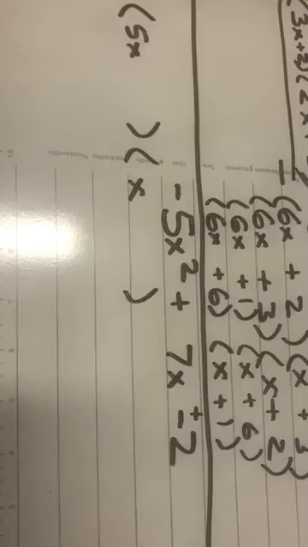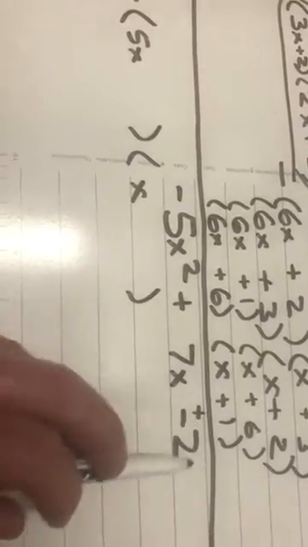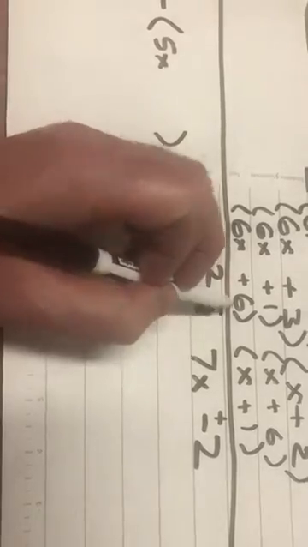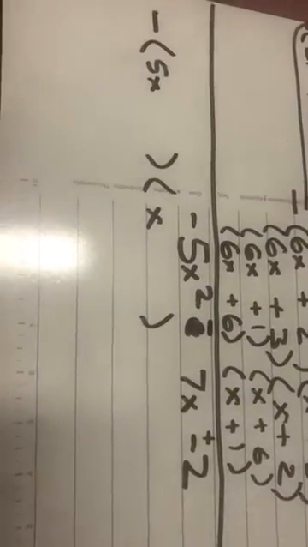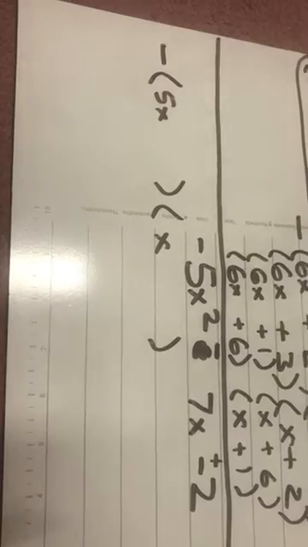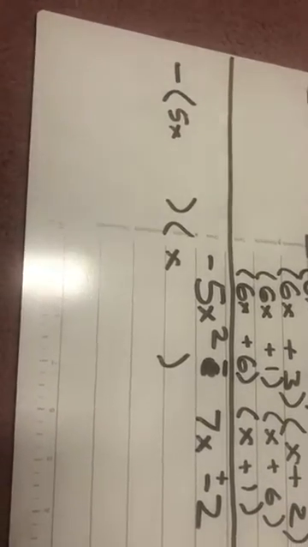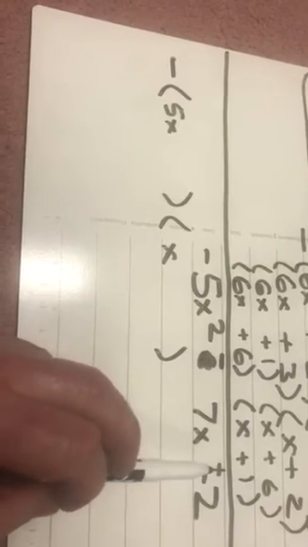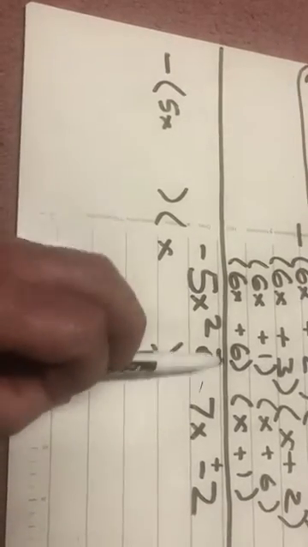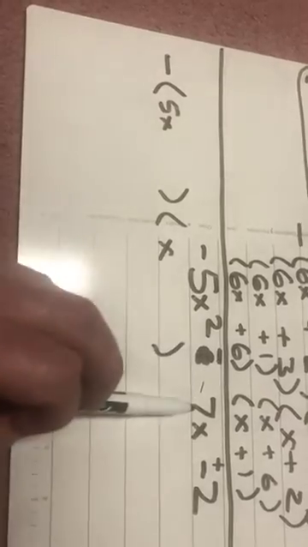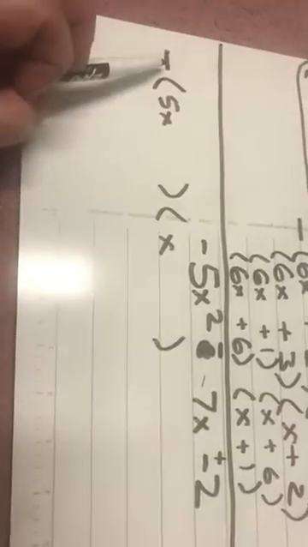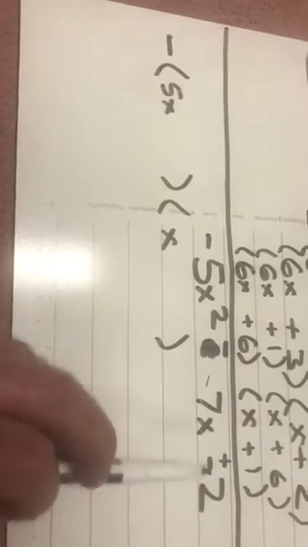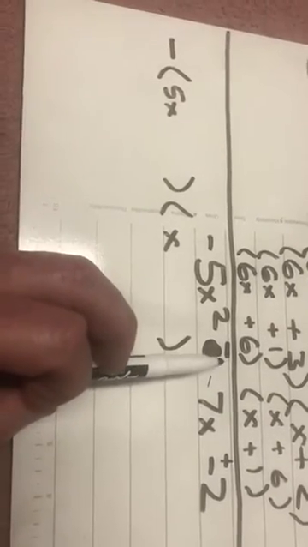Two numbers that multiplied together equal a positive 2, but when added together give me a negative 7. So I've got to think, what in the world is going on here? Multiplied together is going to be a positive, but added together it's going to be a negative. It's going to give me a negative 7 because my signs are switching because of the negative sign. Well, that pretty much gives it away, because if I need a negative answer when I'm adding, it's going to